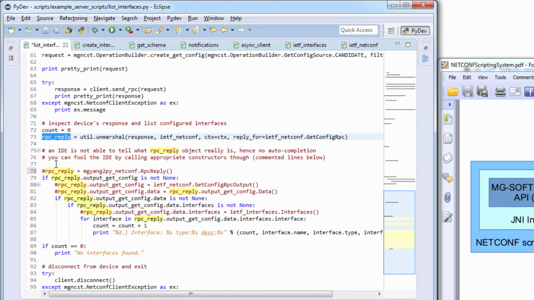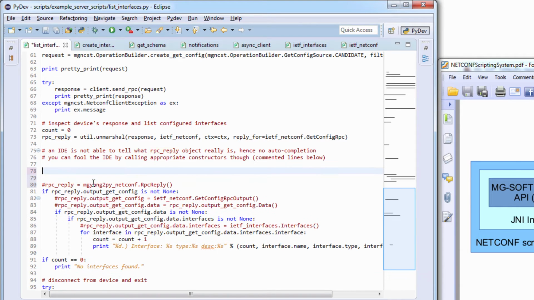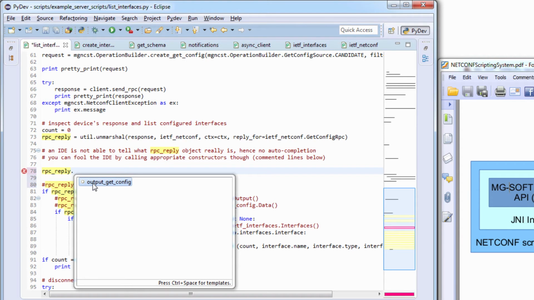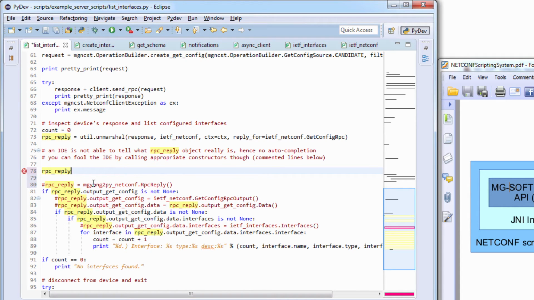So if I try to use autocompletion to access members of the object, like so, you can see that the IDE does not suggest any autocompletions, but you can work around that by fooling the IDE and by using the code that would be used to instantiate the expected reply. So for example,